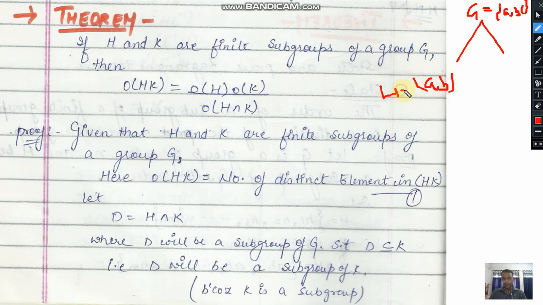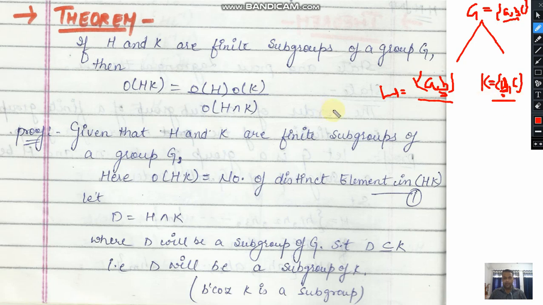This is H. And there is one more subgroup K. Let us suppose this has two elements, B, C. Because if these are subgroups, then they will have at least one common element, which is the identity, because we know that the identity is unique for a group, and the same identity will exist in its subgroups. So here we are assuming that B is the identity.